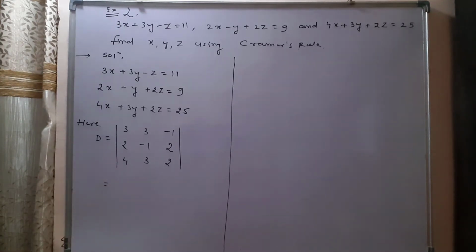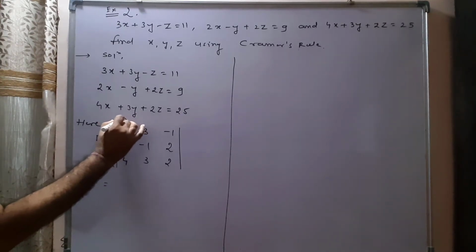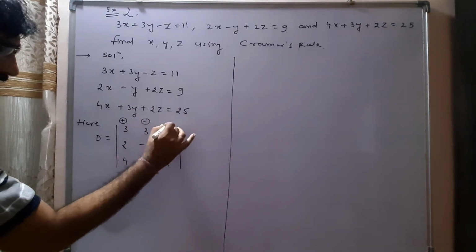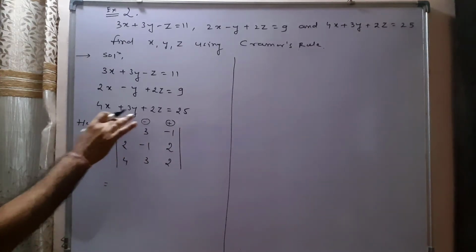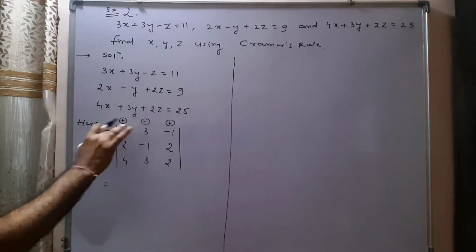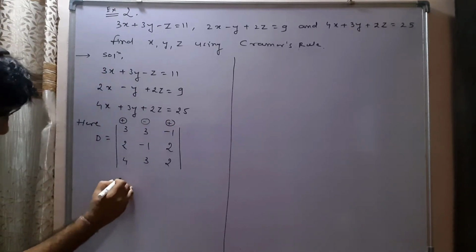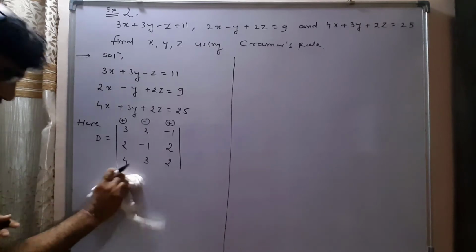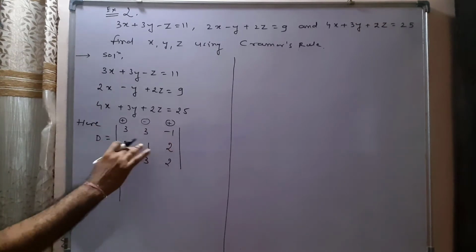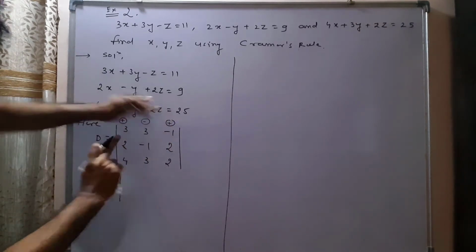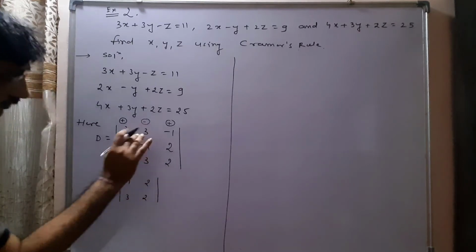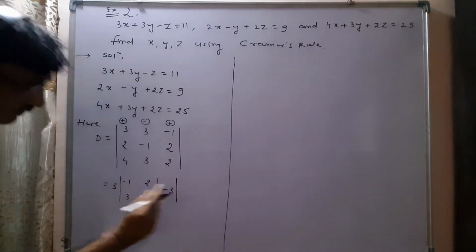Now take the calculations. We know that when we solve the determinant of order 3 by 3, at that time we have to first see the sign position of each element. Now we have to solve this determinant by using the first row. So 3, then determinant. You drop this row and this column, we get minus 1, 2, 3, 2. Then the sign of 3 is minus, so minus 3.